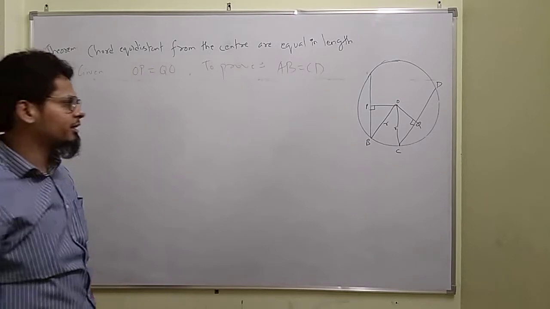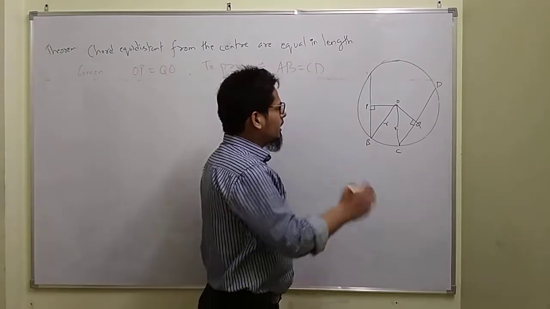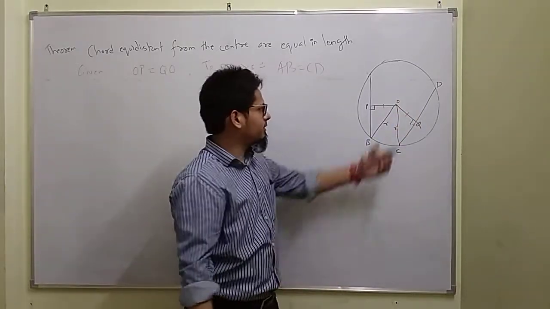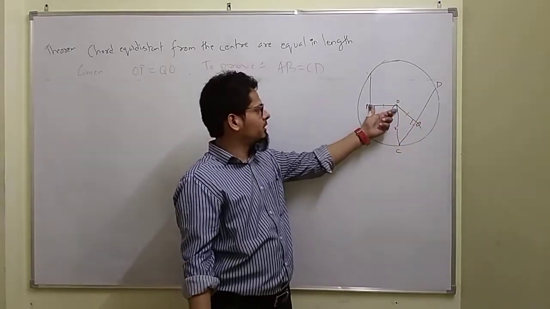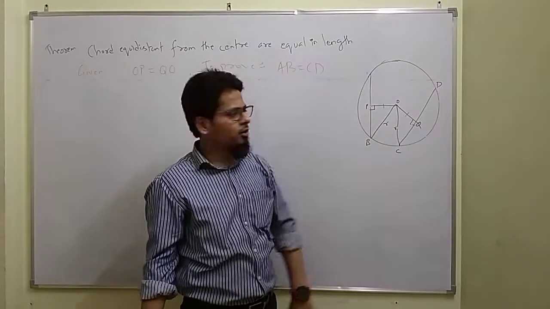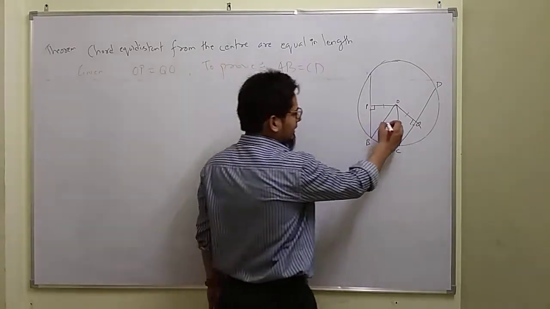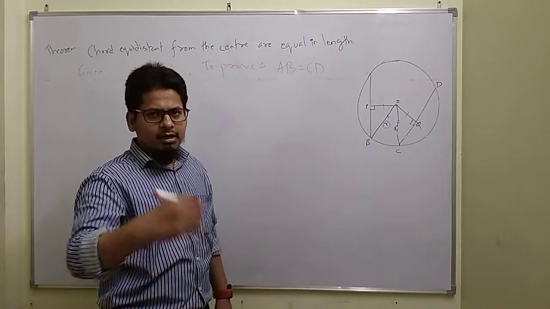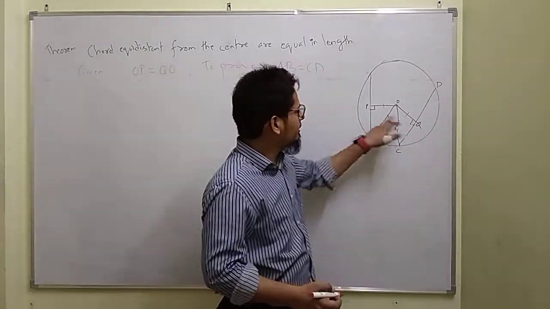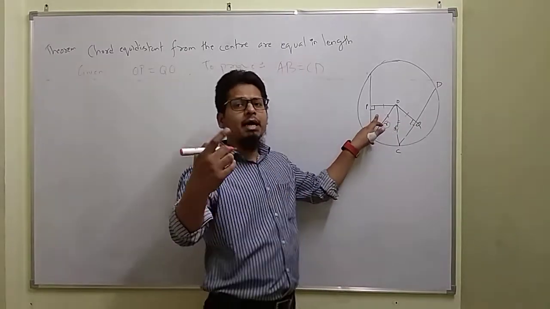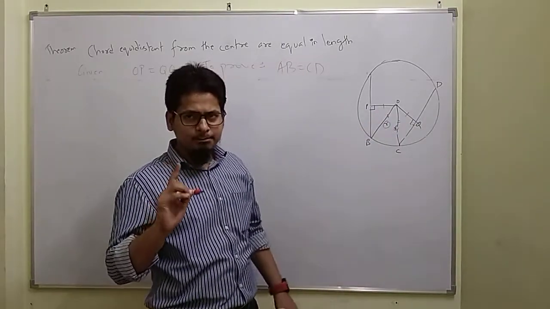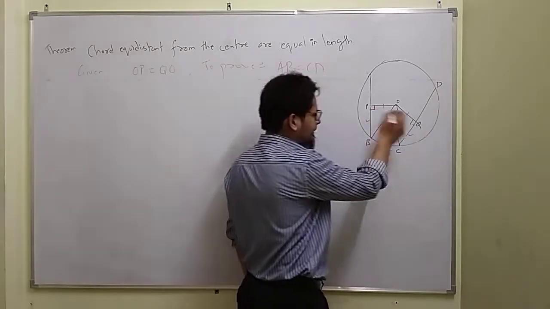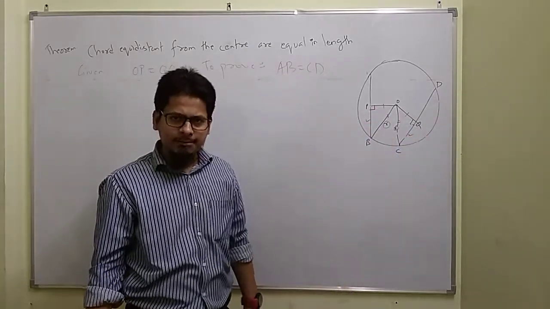Okay, how will we do it? Look, pay attention. Now we have, for example, OP is equal to OQ. If this is x, then this will also be x. If it is 2 cm, it will also be 2 cm. Next, these are the radii. These both lines will be equal to each other. Both are the radius, and one angle is 90. So this will be proved by RHS, right angle hypotenuse side, and by CPCT we will get BP is equal to CQ.